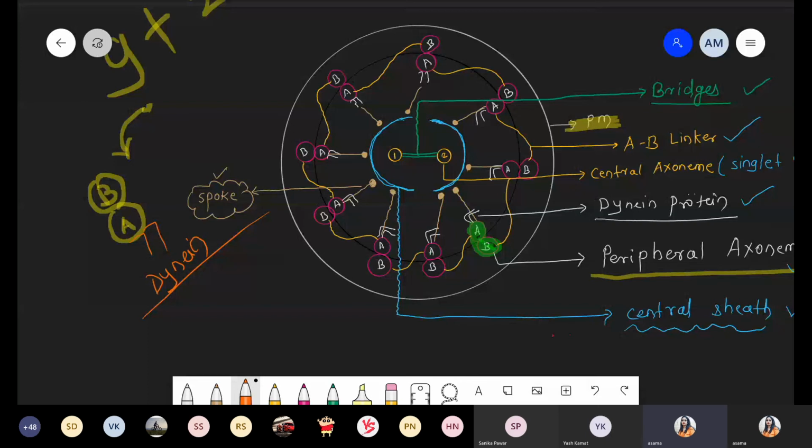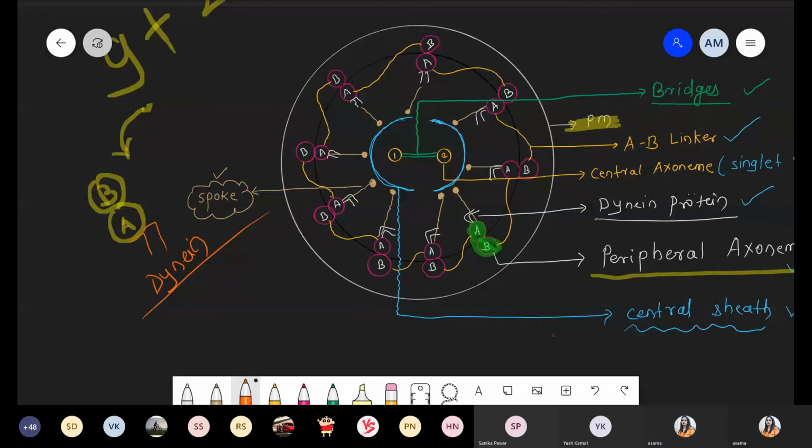So simply, dynein protein is associated with the A microtubule, and that A microtubule utilizes the ATP. ATP undergoes the hydrolysis process, and now there is a movement of cilia and flagella. Got it? Now if you see dynein, it is associated with all the A subunits, A fibrils, because dynein is one specific type of protein which has the ATPase activity.